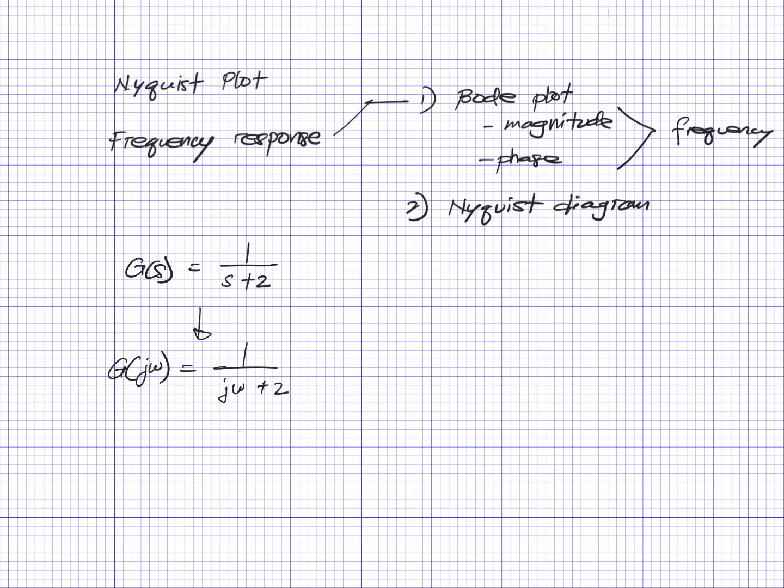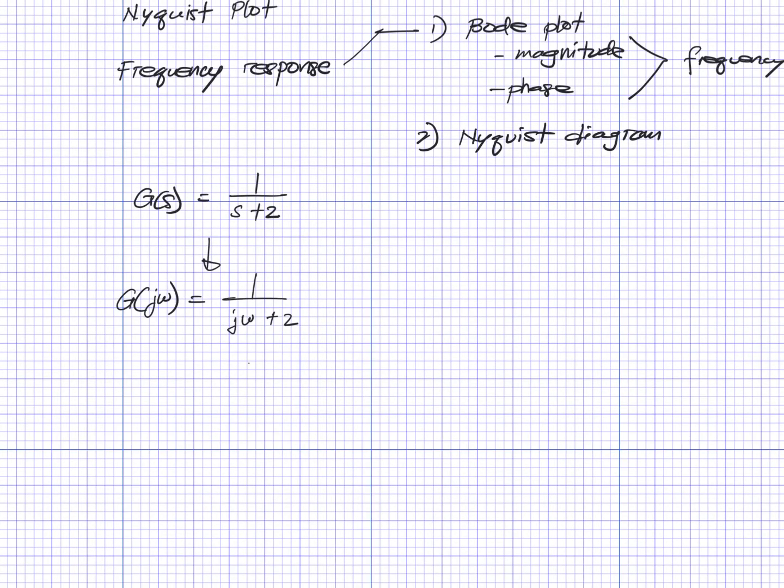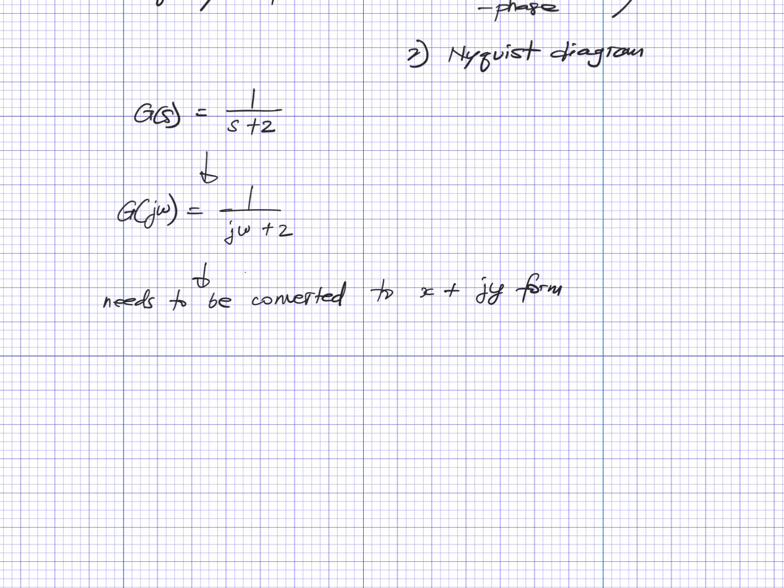And now this expression of j omega must be converted. So this one needs to be converted to the x plus jy form. And we will see the reasoning behind this in a little while. And so to convert this into x plus jy form,